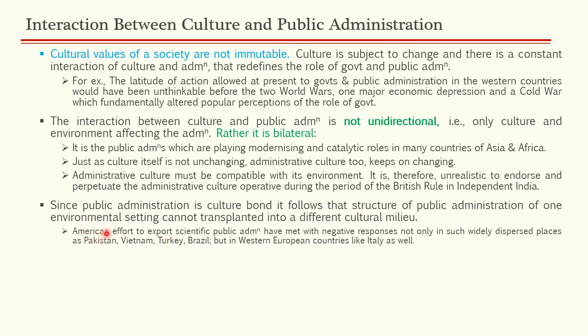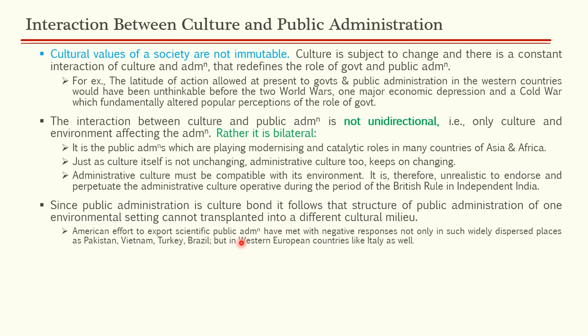An example for this is American effort to export scientific public administration have met with negative responses, not only in such widely dispersed places like Pakistan, Vietnam, Turkey, Brazil, but also in Western European countries like Italy as well. So these are the examples that American effort to transplant administration, take it and apply it there as it is, that cannot happen. This is the example that countries are different, cultures are different, so you cannot just transplant one administration into